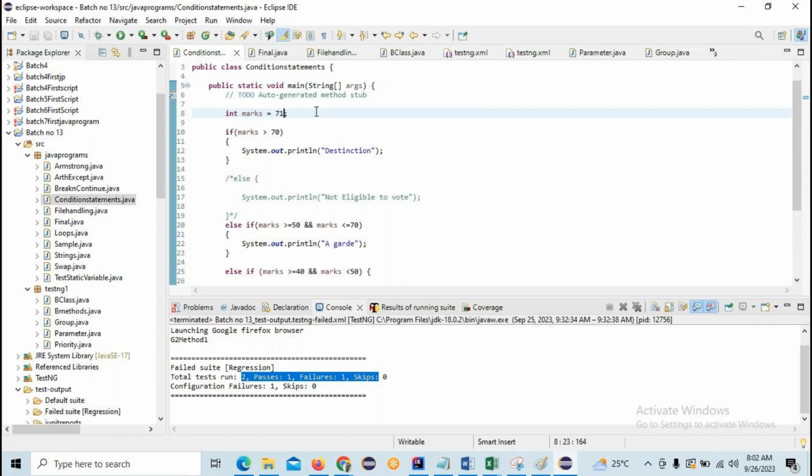But the system can't understand this English language. Okay, the system can't understand that English language. So what we are going to do is, with the help of the compiler, we are going to convert this English language into the machine level language, which is in zeros and ones.